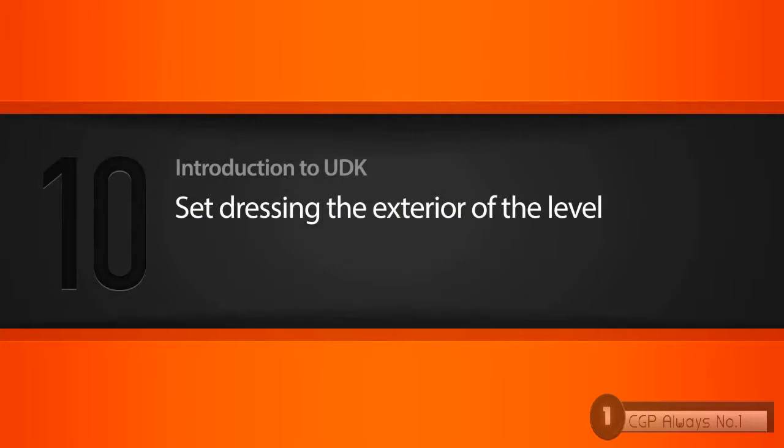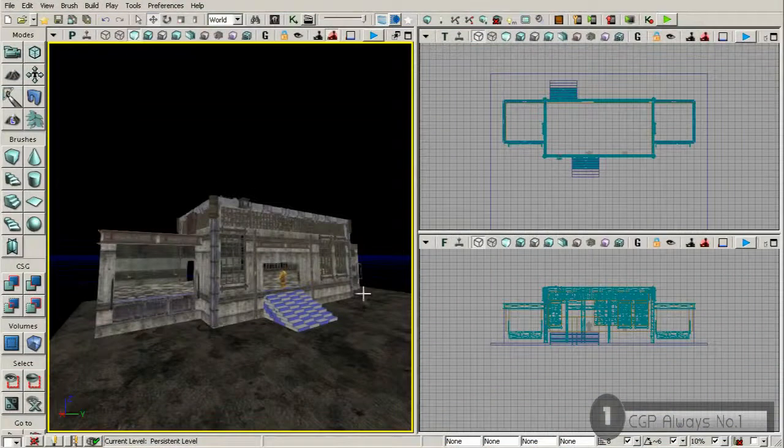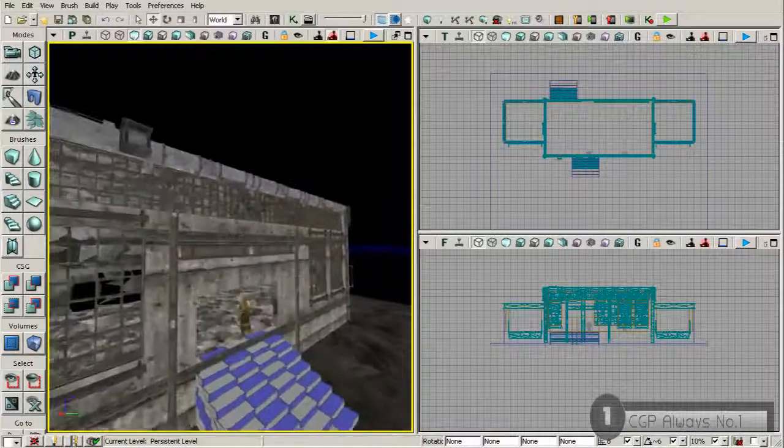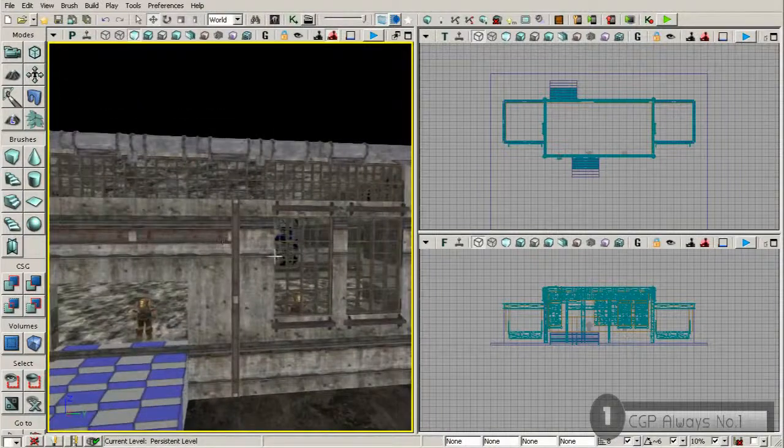In this tutorial, we're going to begin set dressing our level. Alright, so up to this point we have created our building using BSP objects, and we've basically constructed this in such a way, and we've added static meshes on top of our building. We've added windows and things like that, and we've even got into materials and we've applied those to our entire building. We've come quite a ways to this, and we've learned quite a few techniques for just the basics of